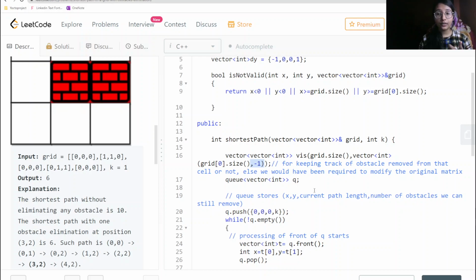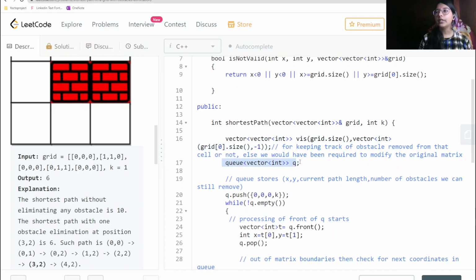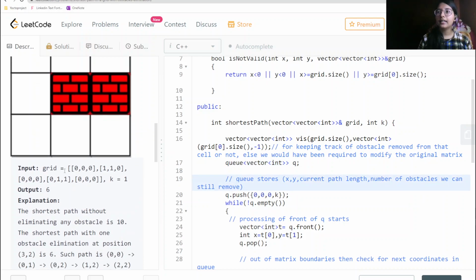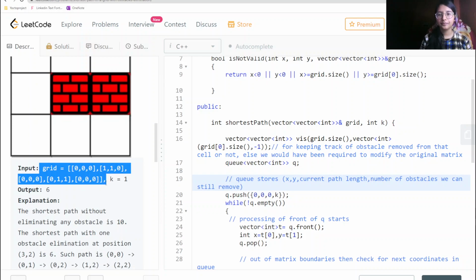As per the algorithm which I had explained, BFS and elimination of the obstacle. So for elimination of obstacles only we are doing this. Now here, this queue. Why do we use a queue? We use the queue for the purpose of BFS only, right? And now comes the part of why we are using this vector of int. Here you can see the grid which is given to us, each cell has xy coordinates, right? So because of those xy coordinates only,